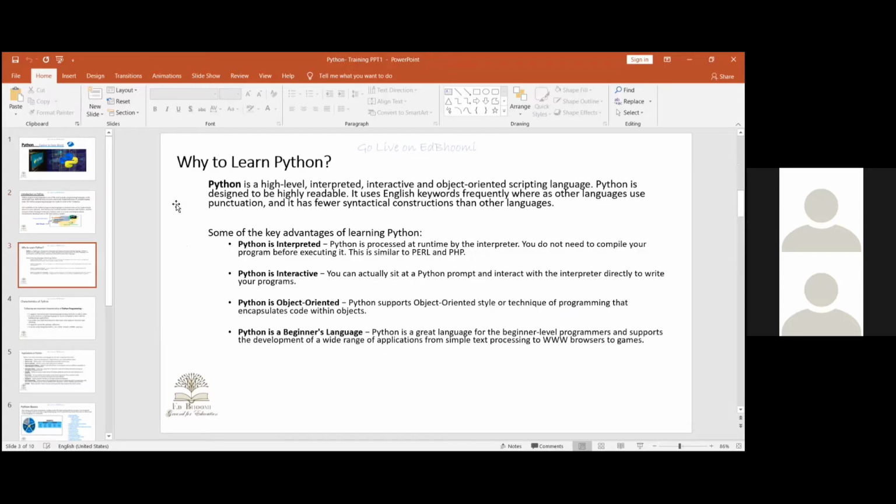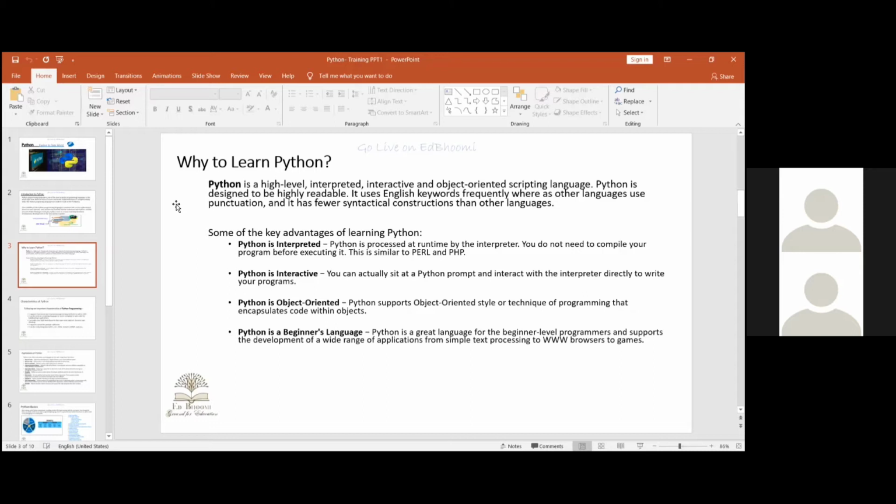So why learn Python? As I mentioned at the beginning of the slides, Python is comparatively easy in terms of language and syntax compared with other programming languages. It is an indentation-based programming language, meaning the indentation is also important. Python is a high level, interpreted, interactive and object oriented scripting language. It's a programming language as well as a script. There is also a derivative language, Jython, which is used for automation kind of script programming. That can also be used.